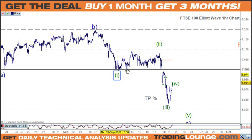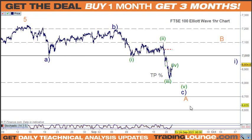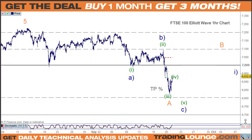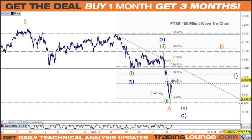So we'll just see. I mean, it's a pretty ugly wave 2. So to have this as an A, B, C here for that wave A to be in place is a pretty good case. So we'll just have to relabel this an A and a B and a C wave here as well. We could just bring this over here for the A wave and the B wave here for that instance. But the main point here is that if we take this last high from that point, that will see us back at this